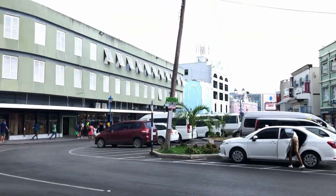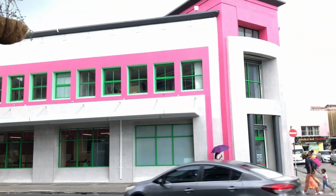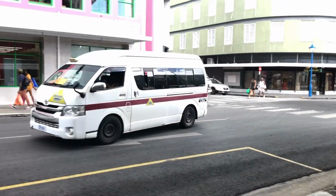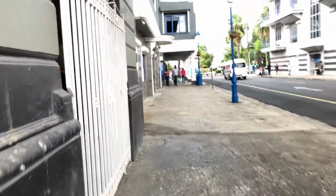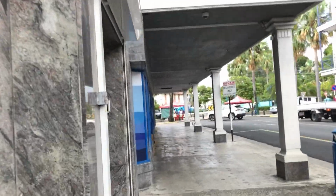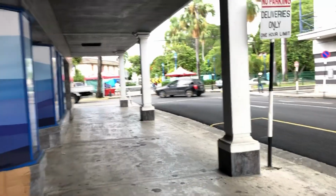So this is the Lower Broad Street taxi stand here. This is the City of Bridgetown Cooperative Credit Union building. It's also a rainy morning in Bridgetown. Back up to Broad Street. So, the City of Bridgetown Cooperative Credit Union right here. So now this is the lower part of Bridgetown, which is the western side